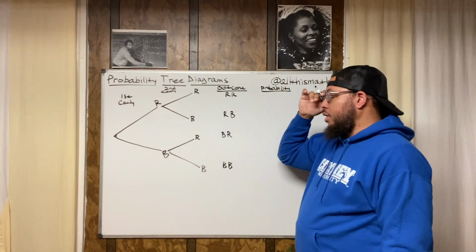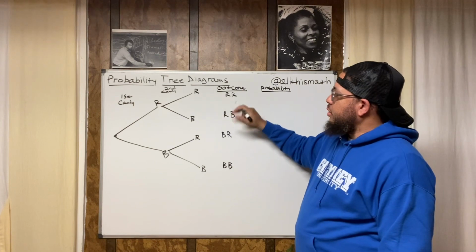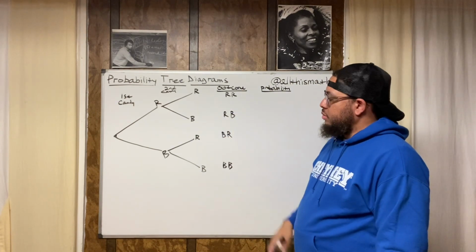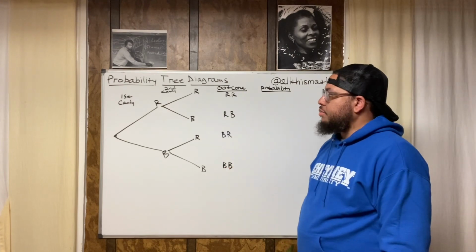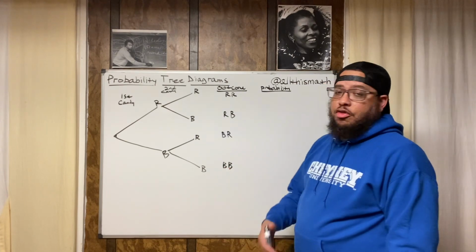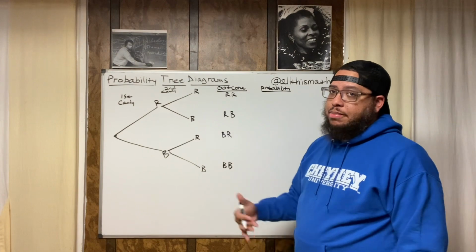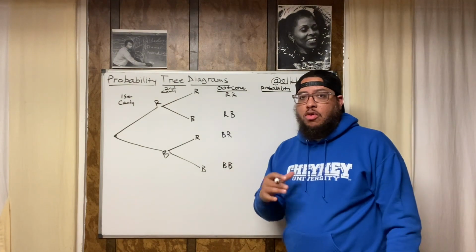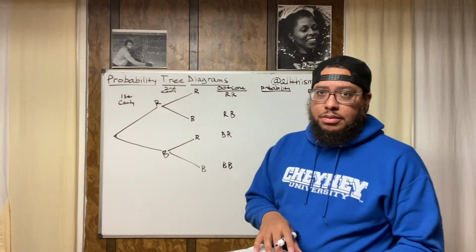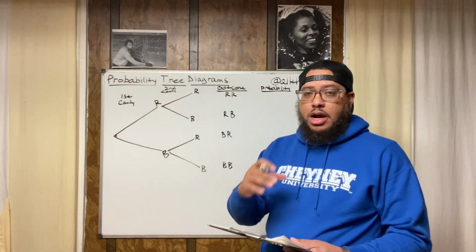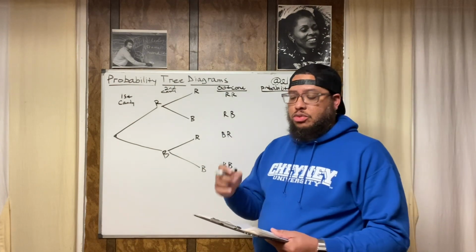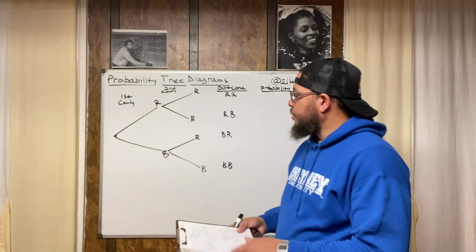So there are 4 possible outcomes in this problem. She could pull out 2 reds. She could pull out a red, then a blue. She could pull out a blue, then a red. Or she could pull out a blue, then a blue. All right? Now we're going to figure out the probability of each of these things happening. And then once we know those, we're going to go back to the 4 scenarios from the problem, and figure out the mathematical probability of each of those things happening, answering those questions.